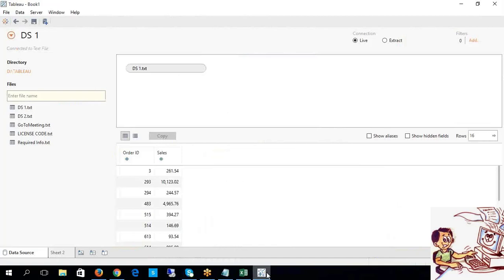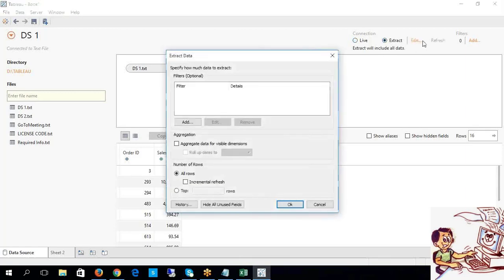Now look at this. This time I'm going to extract here. While extracting, the Tableau extract also has an edit option. Look at this: the live connection does not have editing functionality, but the Tableau extract does, where you can apply filters at the time of fetching, or while interacting with the data source through the extract. Anyhow, I'm going to touch base on that later, so don't worry.